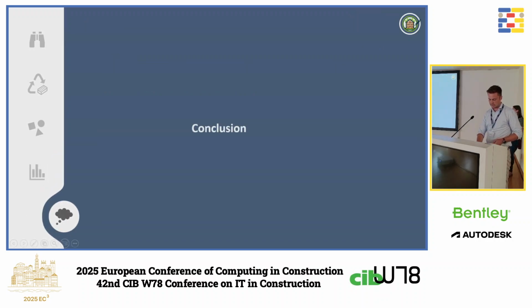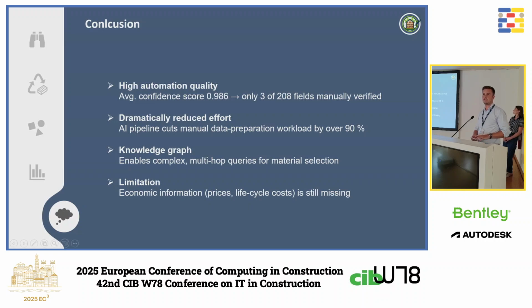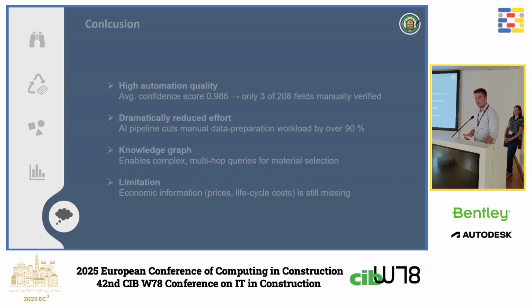What are the big takeaways? We receive a high automation with a confidence score of 0.986. We have 90% less prep work for our data. The knowledge graph gives us transparent, traceable decisions, but the biggest bottleneck is that the documents of our products don't provide any price information, which is why the economic factors cannot be taken into account this way. But in the meantime,